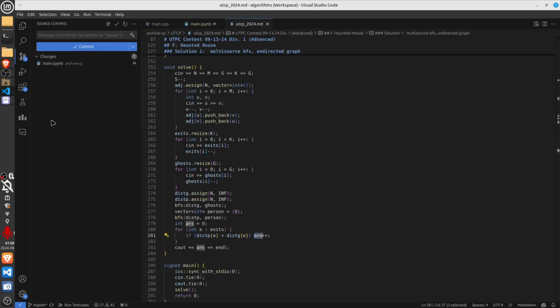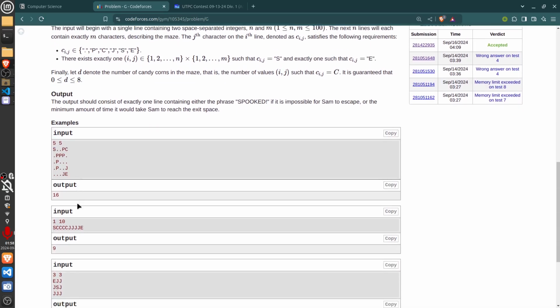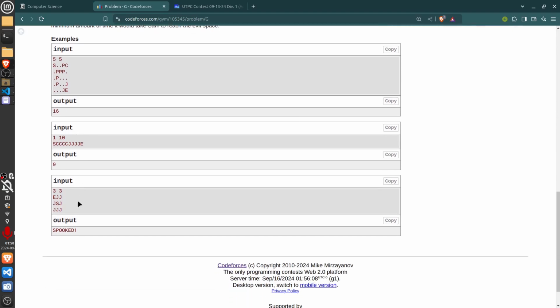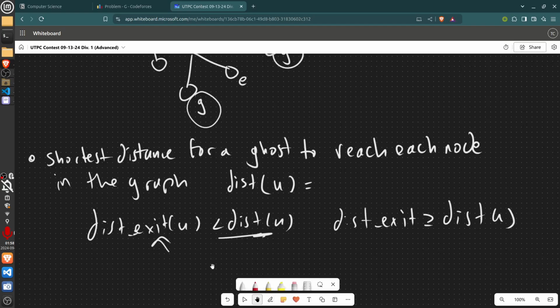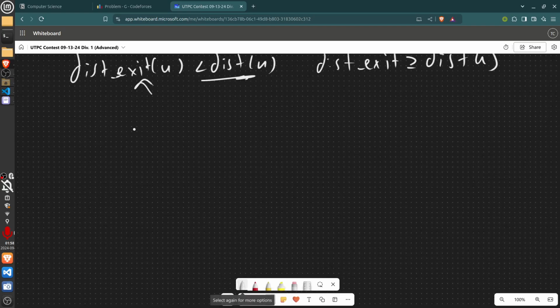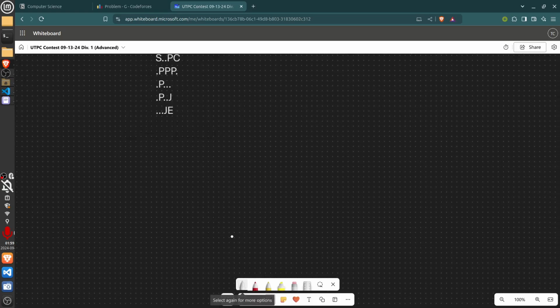Okay, but anyway, back to the problem here. So this is the example grid. So the idea really is, I don't know if I can take this one. Alright, I'm going to go over the idea here. So